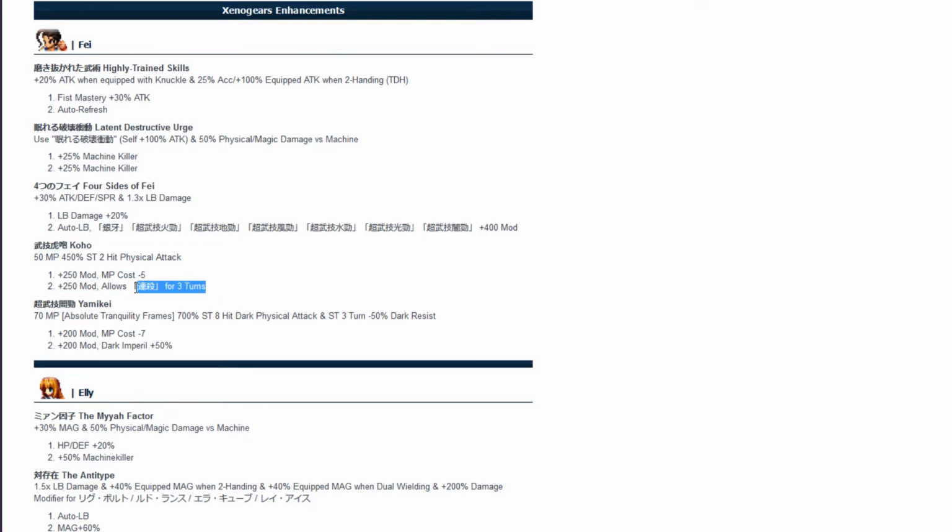I'm pretty sure this is triple cast for 3 turns, which basically means his other side rotation after you use his cooldown and the cooldown wears off. You would use this to get a triple cast back, which is good. And then this, of course, makes him basically go back into the meta, but he's still kind